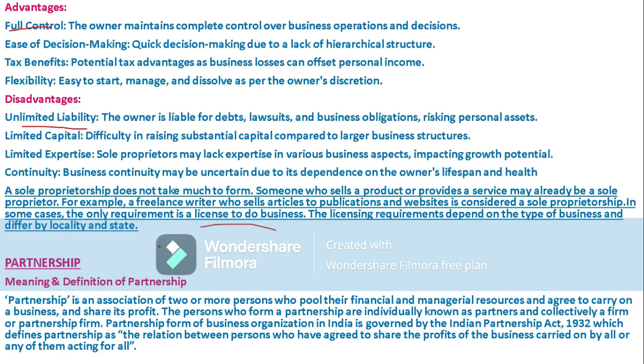Okay. So for each form of business, different laws will be adopted. That is why we have to learn the different forms of business, because sole proprietorship has different laws, partnership involves different laws, and corporation involves different laws. The legal aspects differ for each form of business organization. Therefore, first of all we have to know about these forms of business organizations.